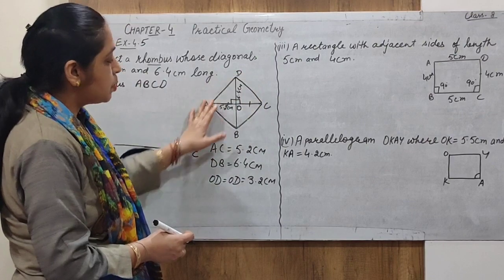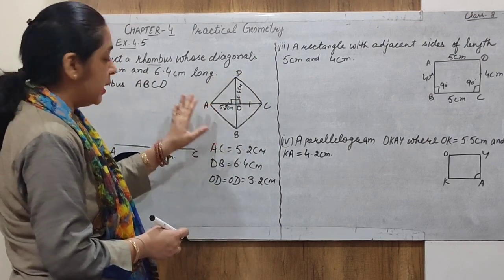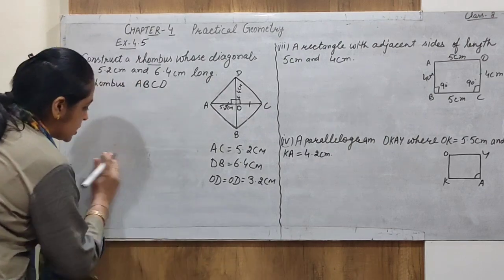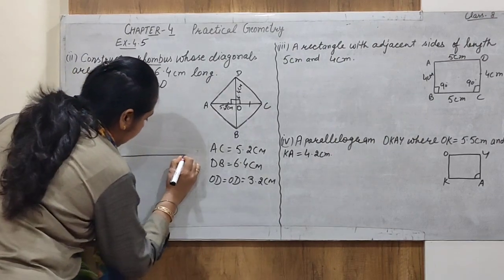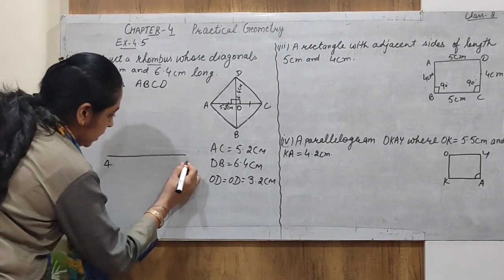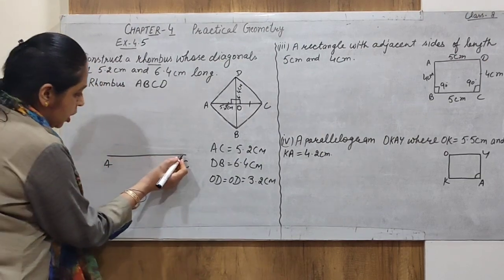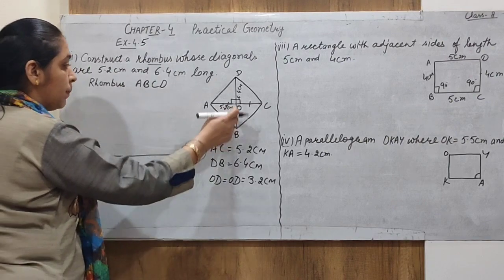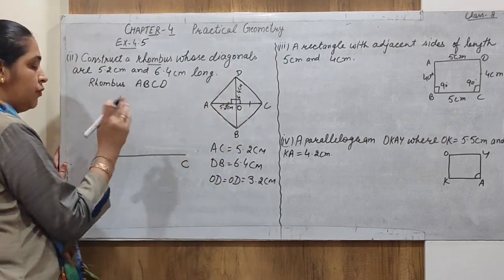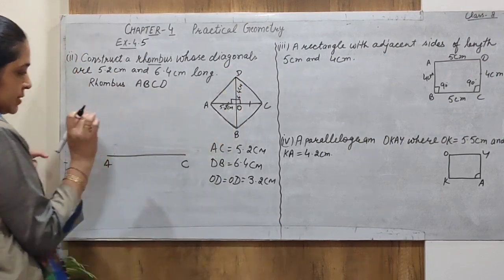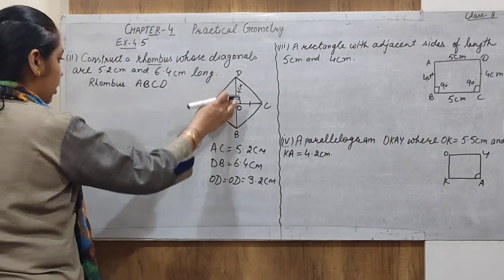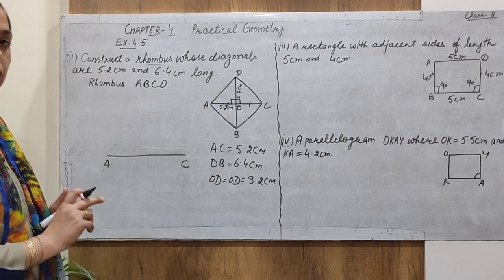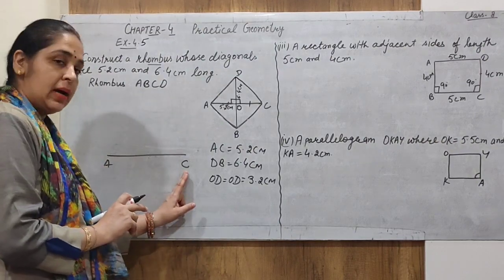Now we are using this property to draw the quadrilateral. Again we start with this line. Let us draw a line segment AC. Understand from the start. First of all we require one line that is a perpendicular bisector. Before we bisect the line, we try to draw a perpendicular. You know very well, a perpendicular bisector we can draw from a line.